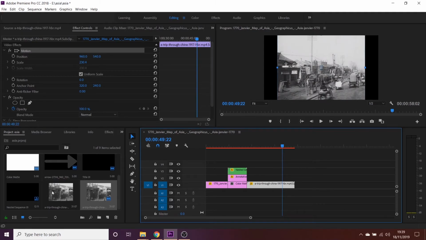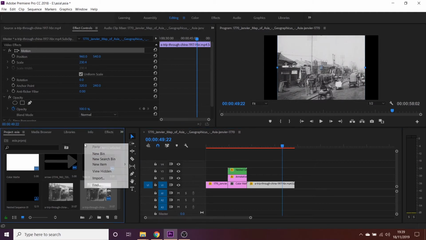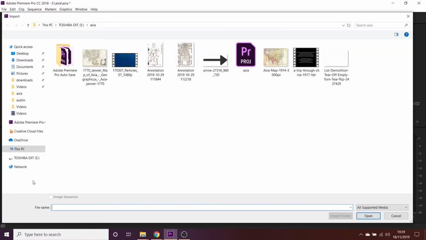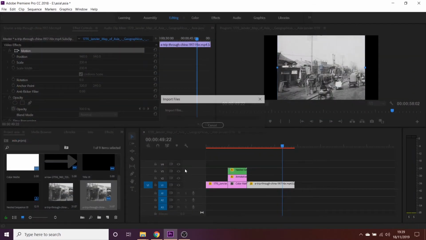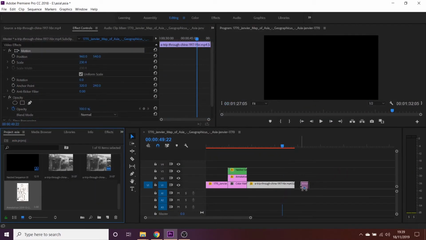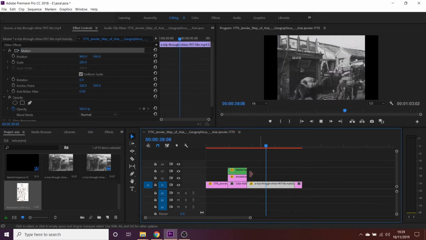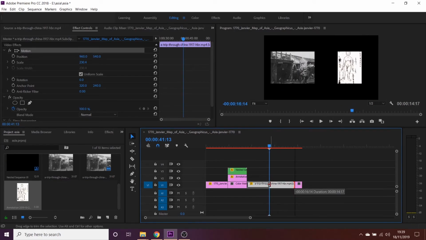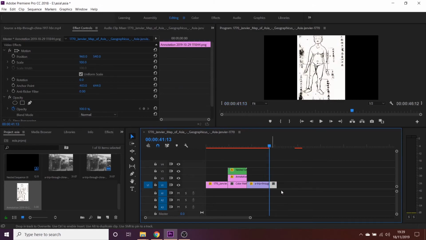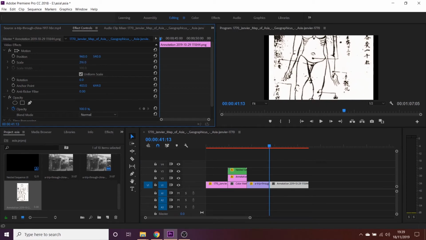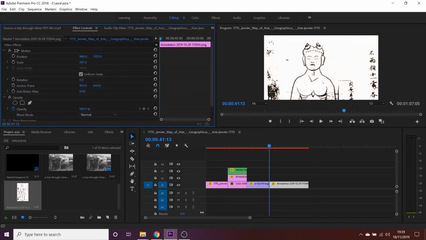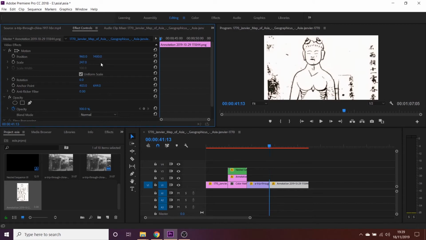Sometimes it's hard to right click here when there's lots of stuff in here, which I find a bit frustrating, but you can right click here and click import. I'm going to import another of these images. I'm going to add it after this clip, and you can cut these clips down in here as well. So if you wanted it to end there, you could drag this down. We'll put this here, drag this out. Let's say we want this like this,